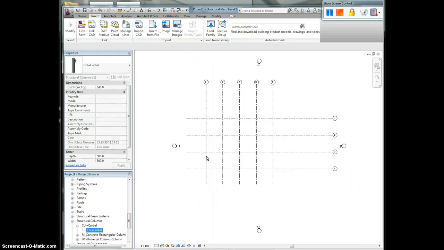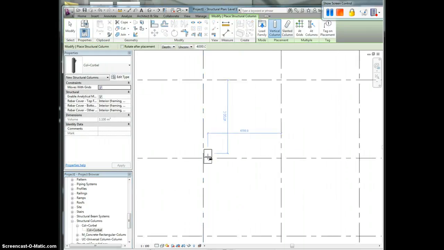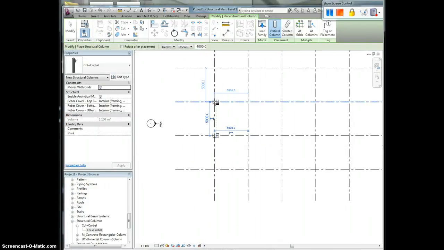So I drag and drop if I want to put it here. Let's see. If I want to rotate it, I just use the space bar. Okay, it will turn. So I can still add it. If I add another one to here,